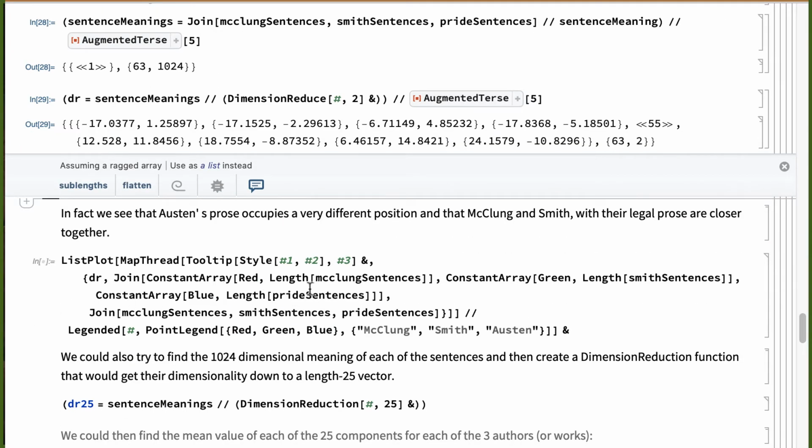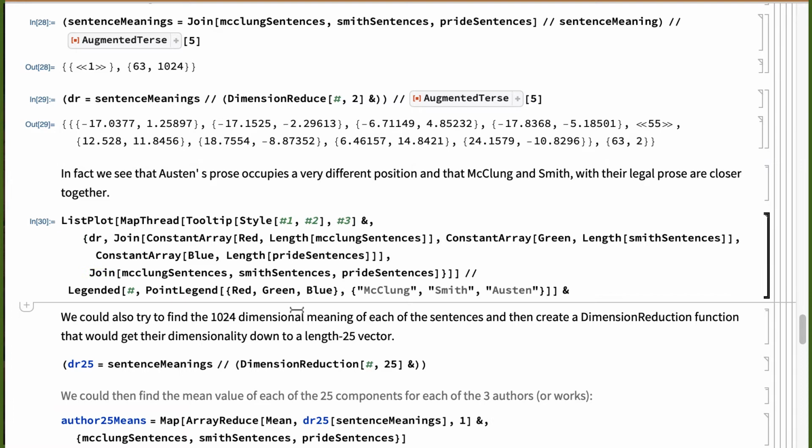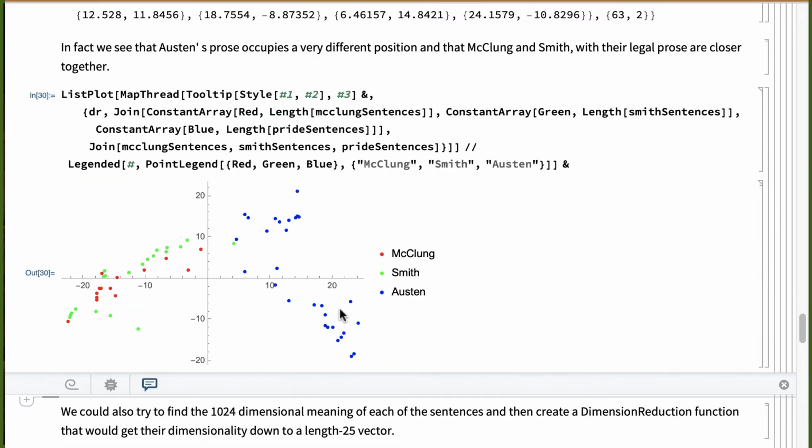I'm going to color code. McClung is red, Smith is green, and Pride and Prejudice is blue. All right, so what do we see? We definitely see that the Jane Austen Pride and Prejudice material is off in its own world. So it is thinking that the meaning of those kinds of sentences is different.